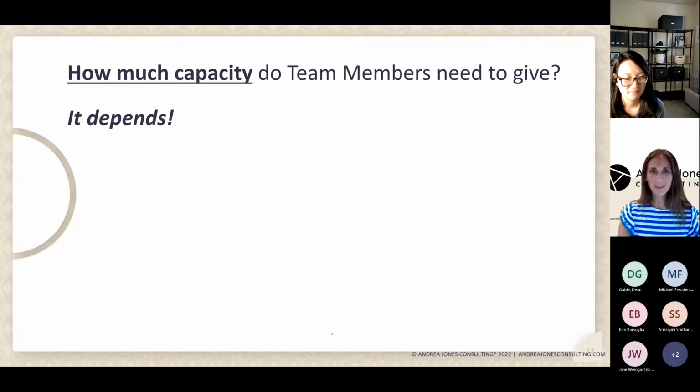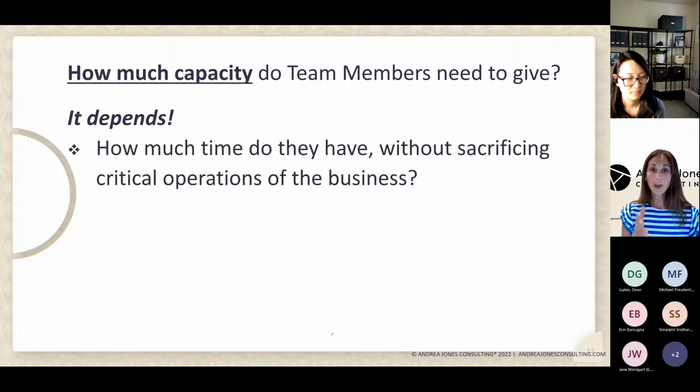So I would encourage people to think about how much time do people have on these cross-functional teams, right? You're going to do this project. It's the highest priority, and we know we need certain types of subject matter experts that are cross-functional. How much time do they have without sacrificing the critical operations of your business? And I will say, you probably saw, we have this last column. It's on either compliance, but you can also use it for seasonality. So we have a client right now, they have a really heavy fourth quarter. And so what we did is we said for any of the projects